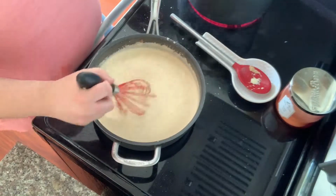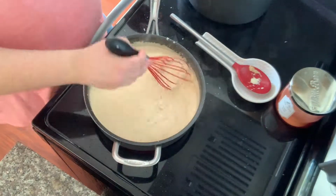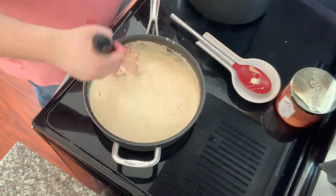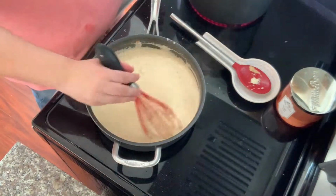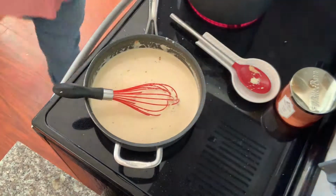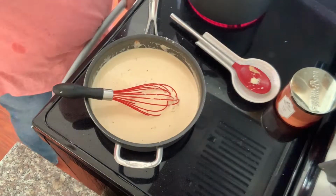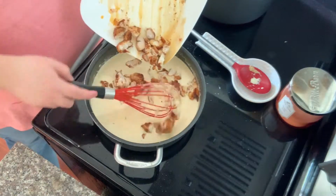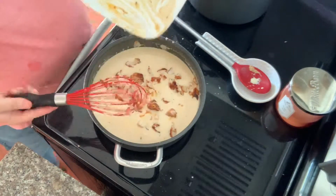So as you can see, I do this in two sections. I add a first bit of cheese and then I whisk it really well, and then I'll add in my second bit. I do this to help prevent lumps from forming in my sauce, and then my sauce is nice and silky. And then I do a taste test and I add in my chicken that I cut up earlier,